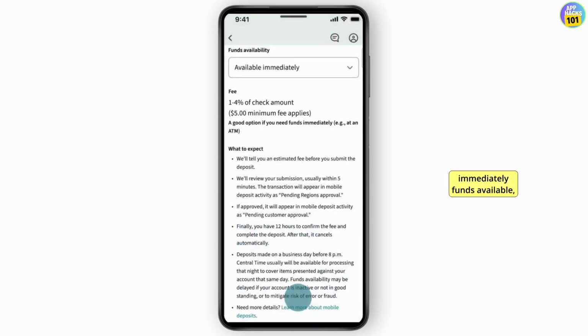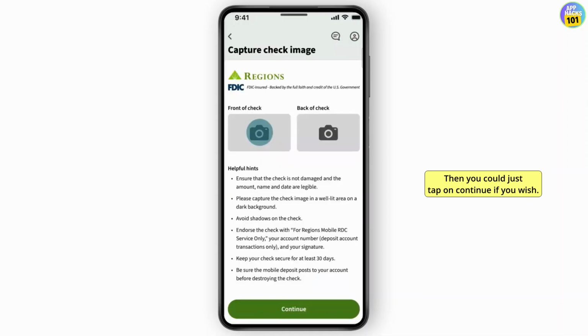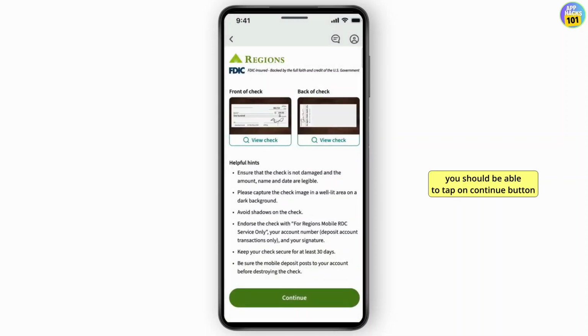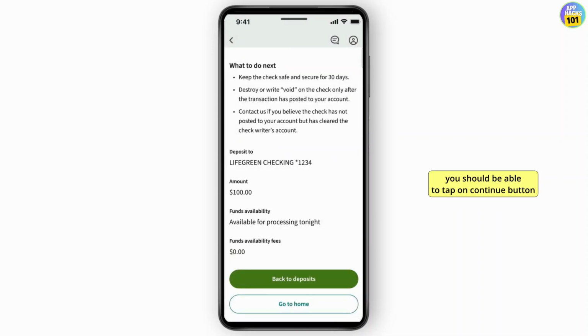And for the available immediately funds availability option, you can get a fee of 1 to 4% off your check amount. Then you could just tap on continue if you wish. Click a picture of the front of the check and the back of the check. Once it is done, you should be able to tap on the continue button